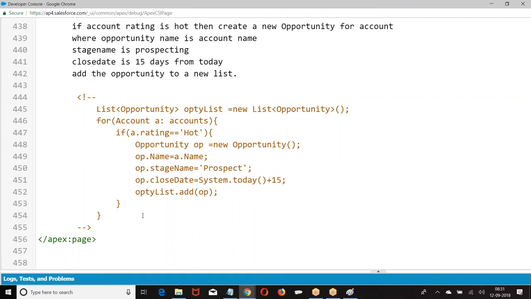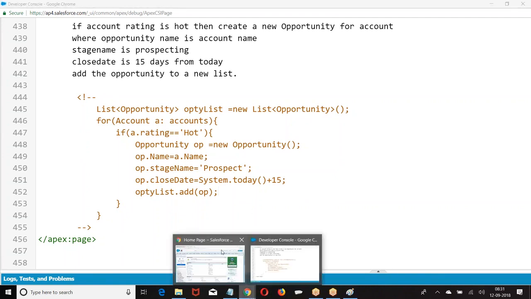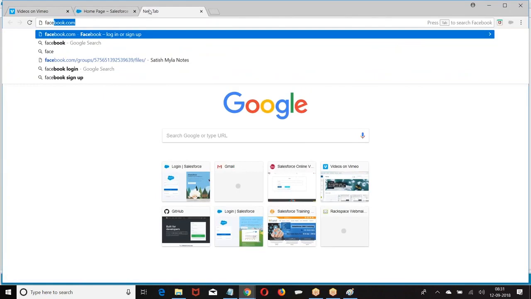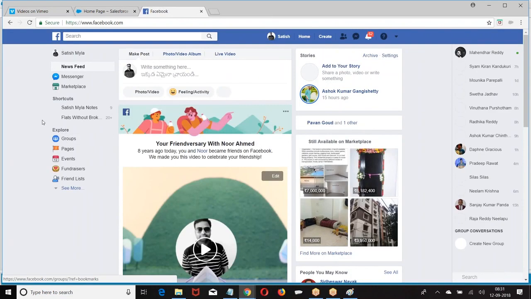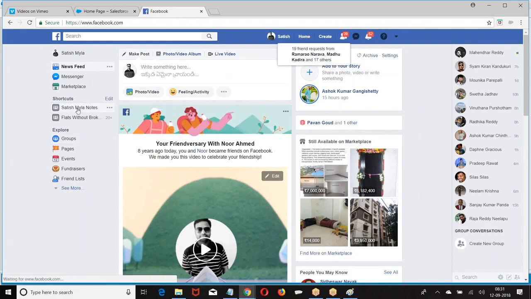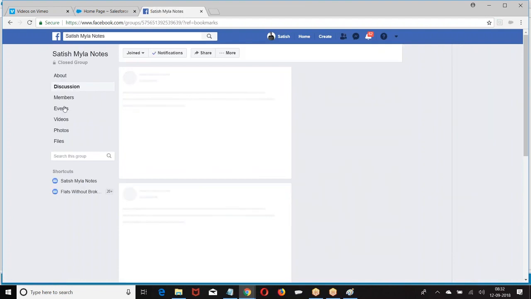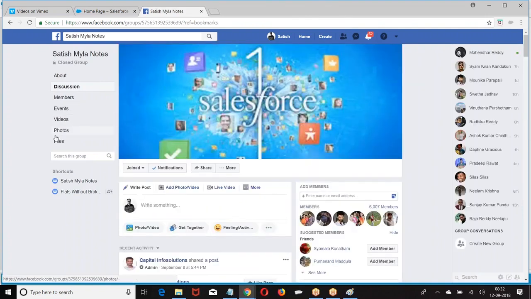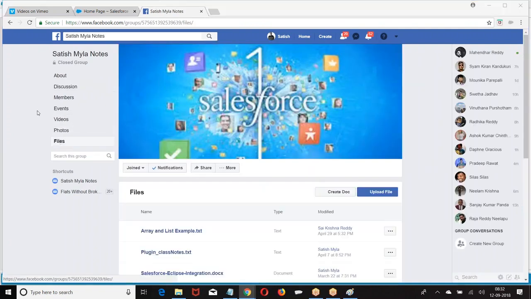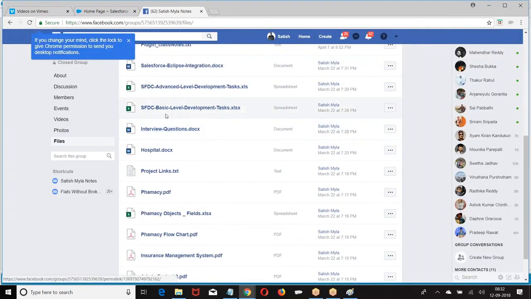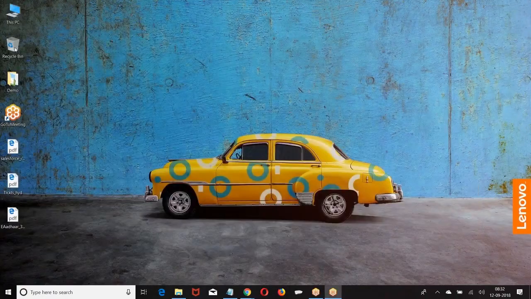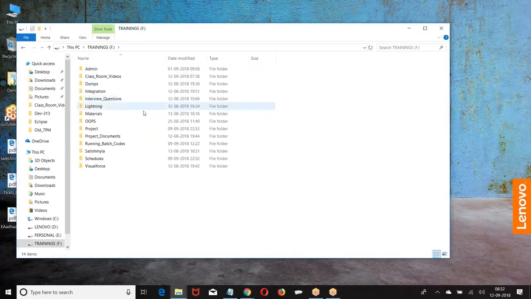People have followed this. Now, I'm making one more time very clear. I have posted some use cases in the Facebook community. Topic wise, the use cases are posted. If you go to the basic level development tasks, there I have created basic level use cases for practicing. Snippet writing practice, I have given some use cases.